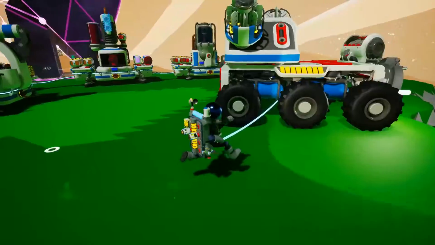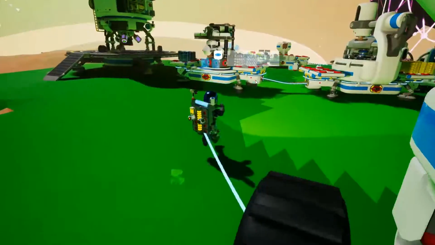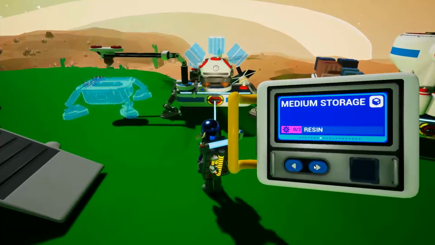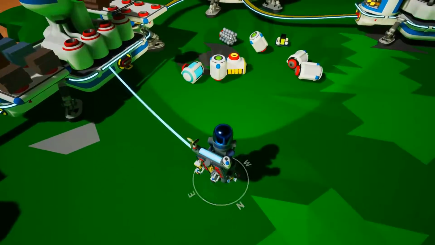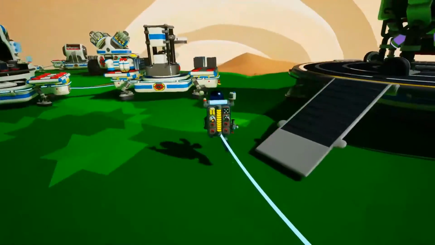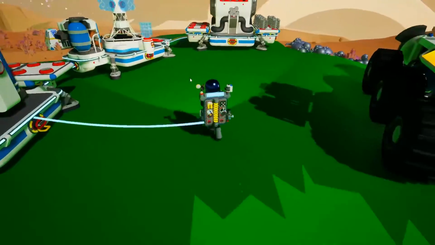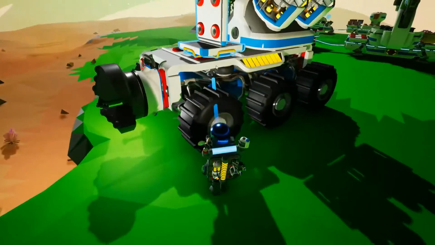So now what we need is... What do we need? We need a seat. We need a rover seat. So let's look at that. 2 compound. We will need some extenders to go with us because, well, extenders just make sense because we're going to be looking at, you know, potentially...